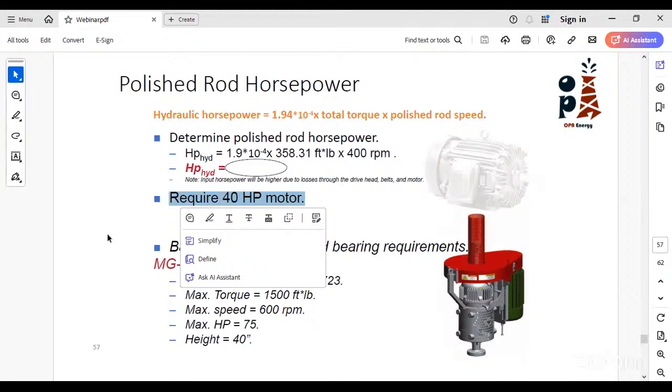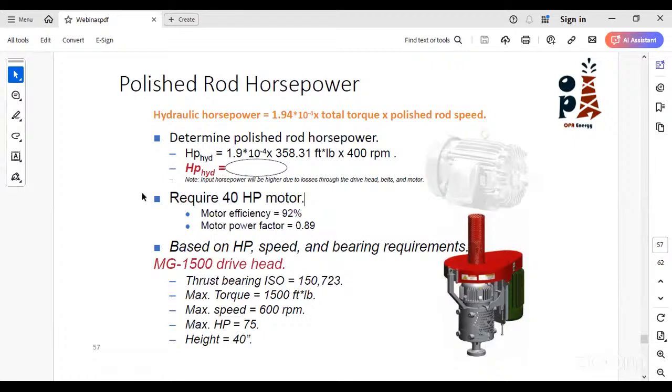And to make it easy for all of us, there are standards of motors that our manufacturers have. They are different in ratings of the horsepower and torque and so on. So it will be easy for you to choose a little bit higher one or a much higher one that fits your application. And in most cases, I'd say, the motor requirements and the drive head requirements fit the application that we are requiring.